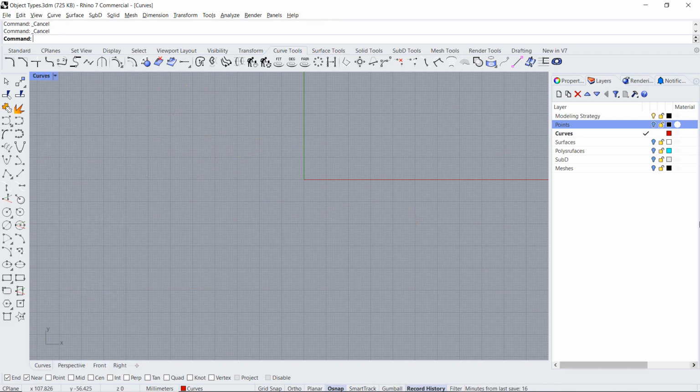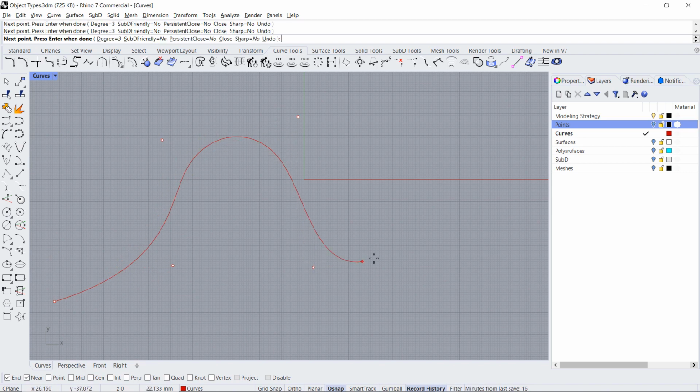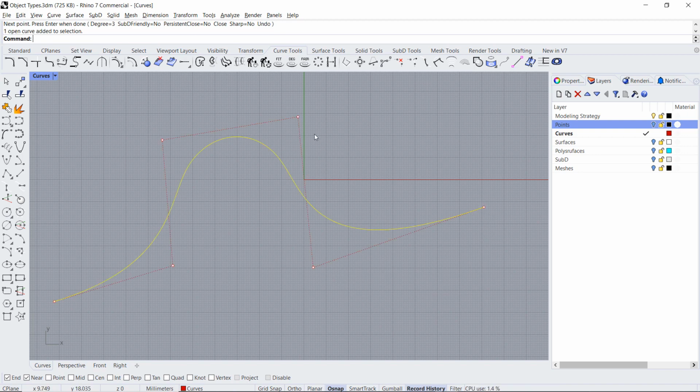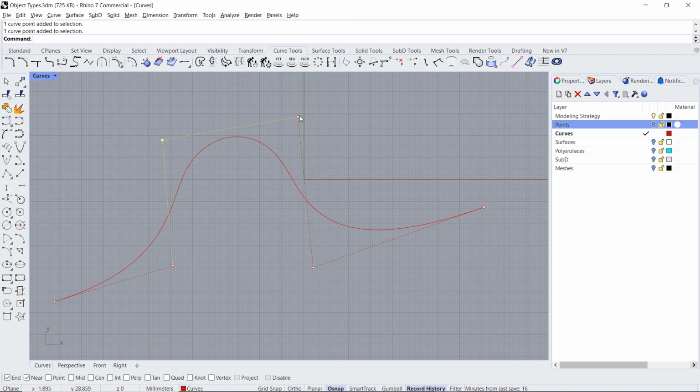All you need to do is run one of the curve creation tools such as the curve command and follow the prompts. You'll be asked to place points on the grid. These points, called control points, will determine the shape and location of your curve in space. Once completed, you can reselect the curve to access the control points again. Moving these around will redefine the shape and position of the curve in space.